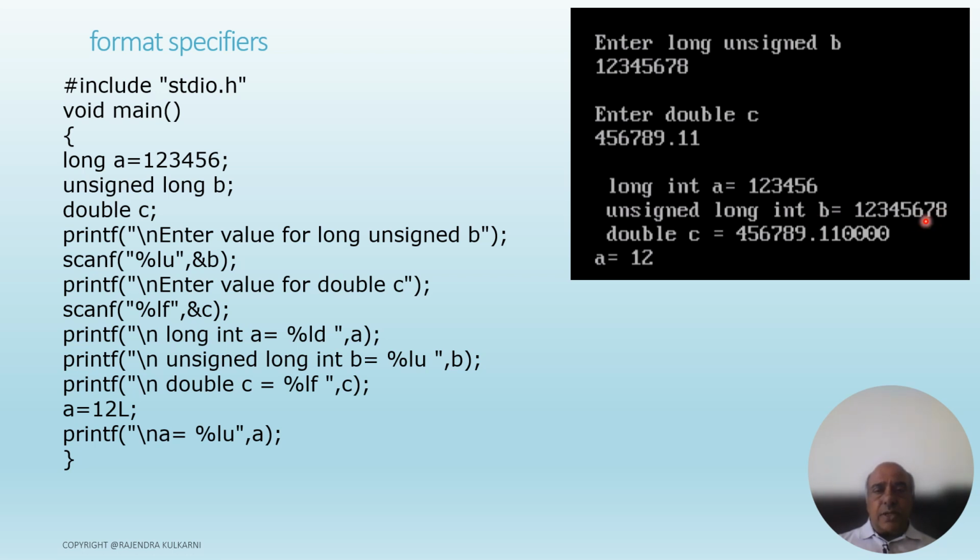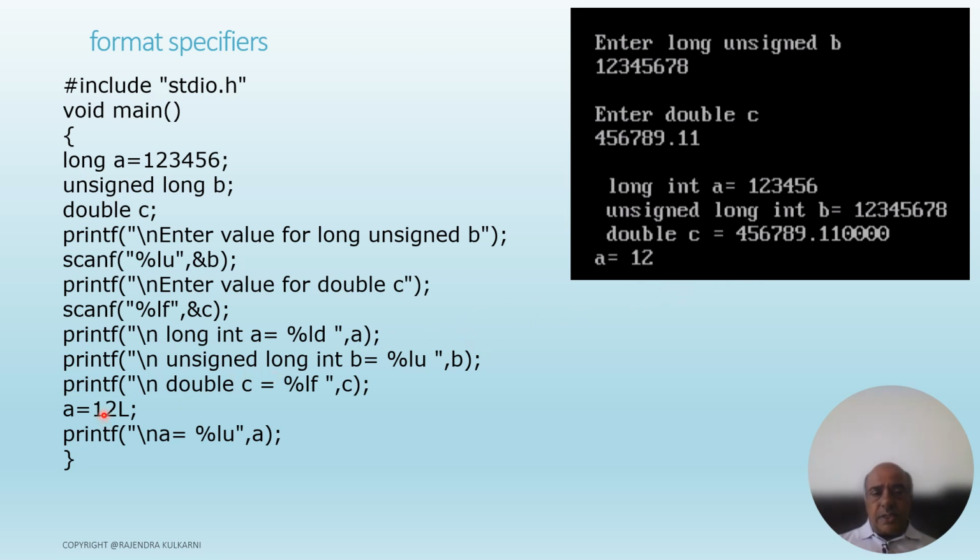This value we have assigned through the keyboard using the scanf statement. Double C is equal to whatever value we have entered. The printf statement is giving us a display of that value on the monitor screen, and A is equal to